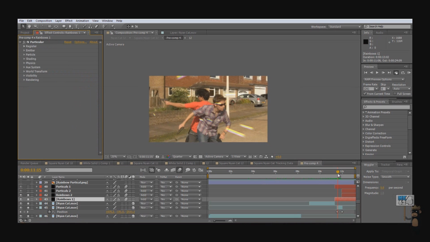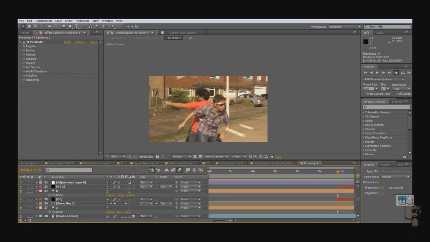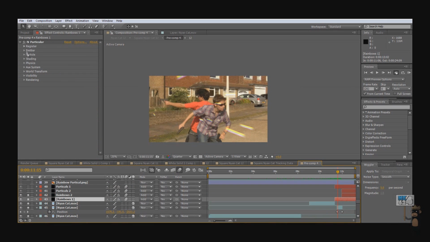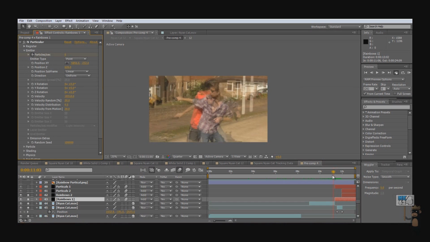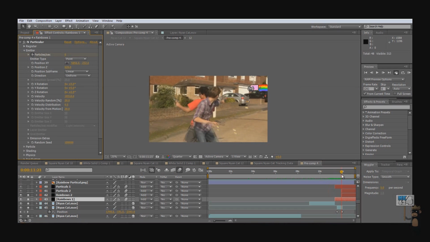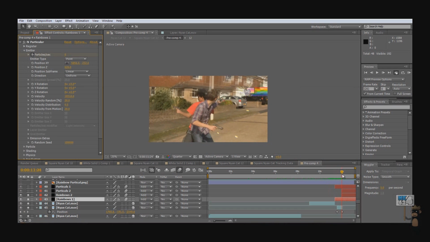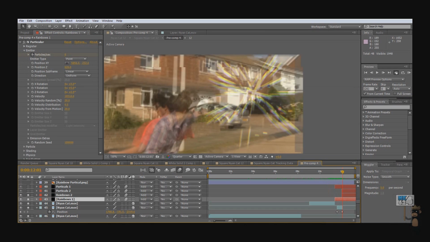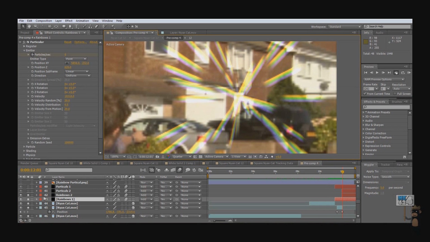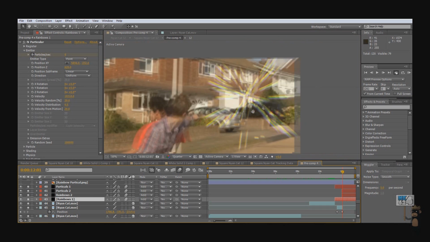I then tracked them to, I think I put them as the position of the Nyan cat layers. I think it's been a long time since I've done it. No, it's just point. So I actually positioned them in 3D until I got them roughly where I wanted them, like so. Now this doesn't look very powerful, as you can probably tell, so I added in some particles, little